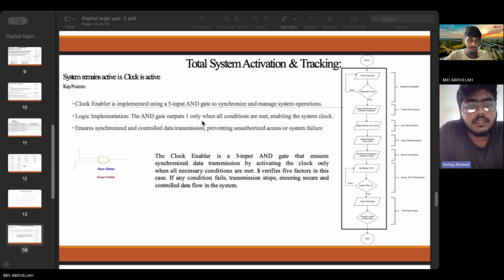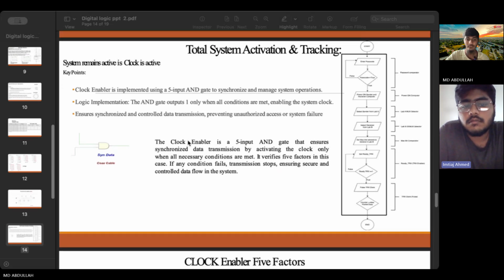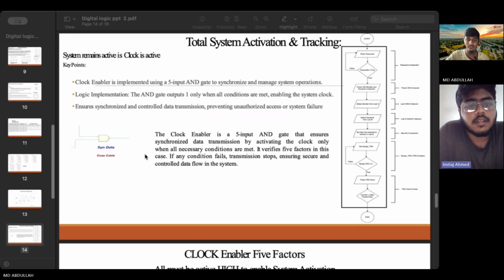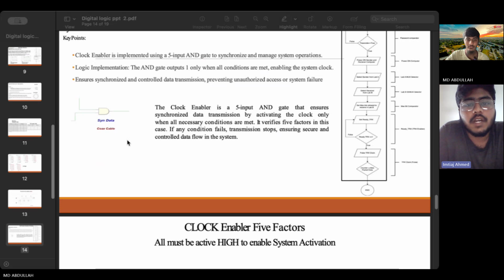It ensures synchronized and controlled data transmission, preventing unauthorized access or system failure. Down here we can see that the clock enabler is a 5-input AND gate, basically this one, and it ensures synchronized data transmission by activating the clock only when all necessary conditions are met, and it also verifies the 5 factors that we have already